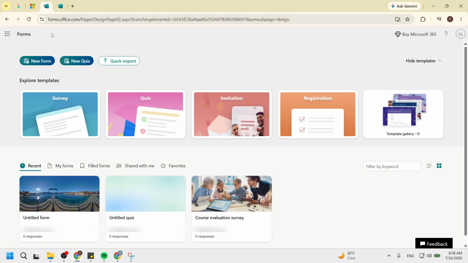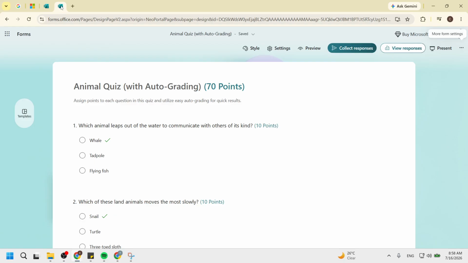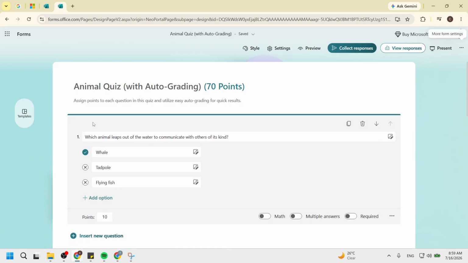Now, open your survey or quiz in Microsoft Forms. On your dashboard, you will see a list of forms you've created. Click on the title of the survey or quiz you want to edit. This action brings you directly to the editing interface of your form. It is essential to have your specific form open so you can make the necessary changes to the text color effectively. After that, click on the question card, section header, or form title you want to edit.